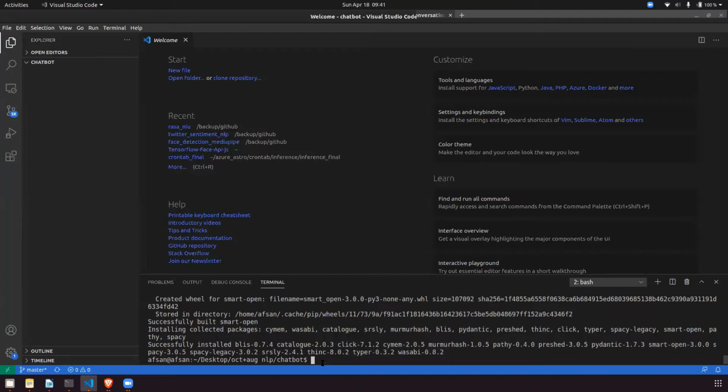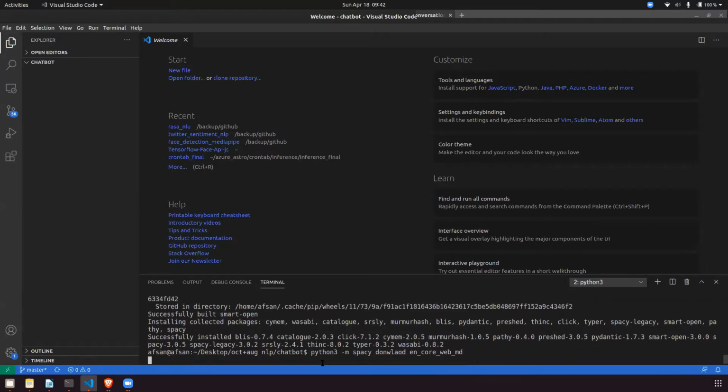Once you have done this, the next step is to run python -m spacy download to download the model. You know spaCy has different models. So we'll download a model called en_core_web_md.